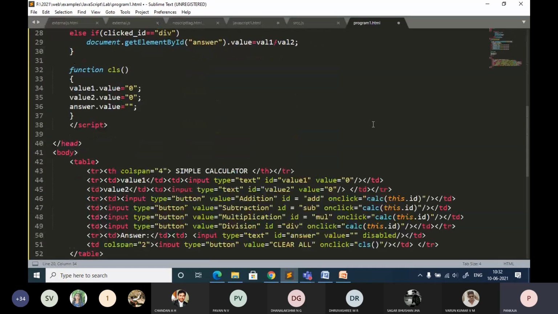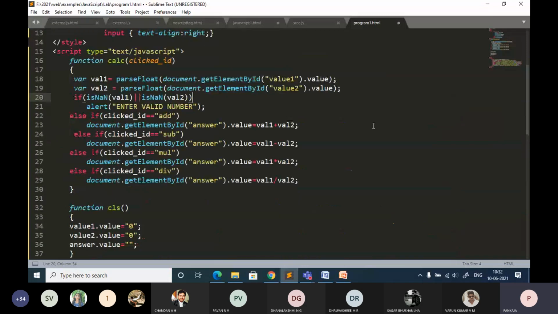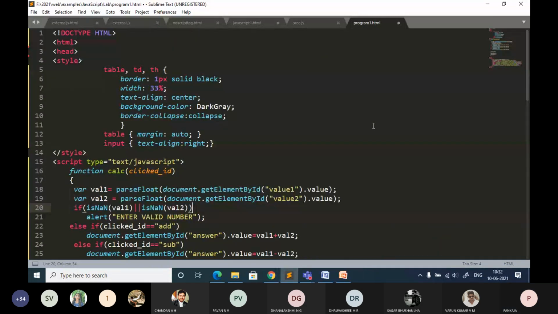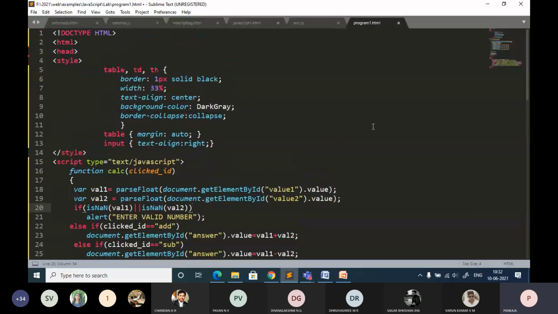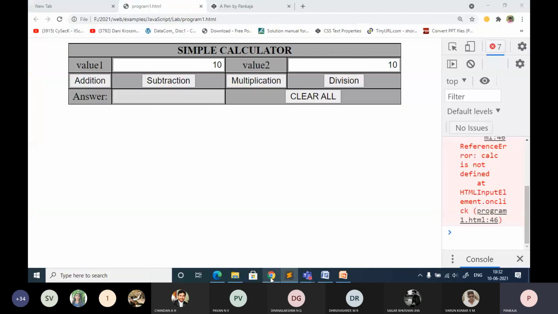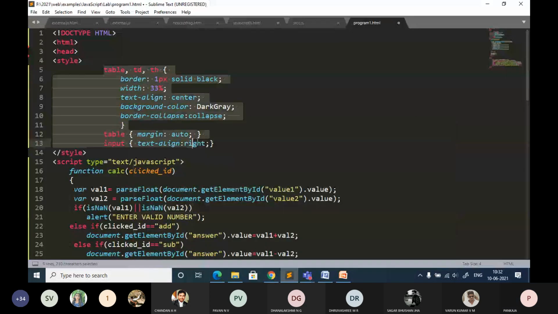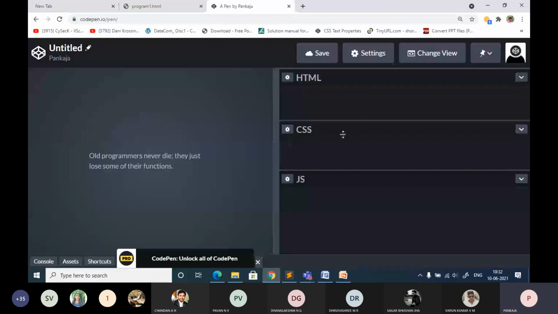So I want everyone to execute this. Who are having a laptop, you can just start coding it, and who are not having, go with CodePen. When you are doing it with CodePen, just copy this style part. It does not require writing the complete code.